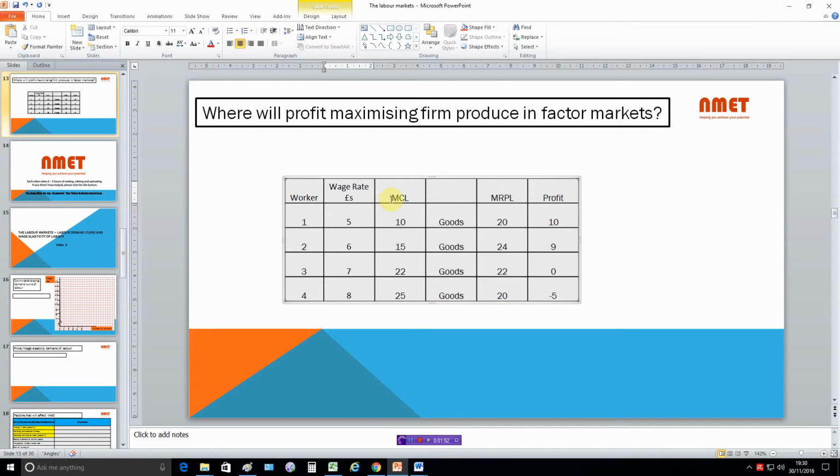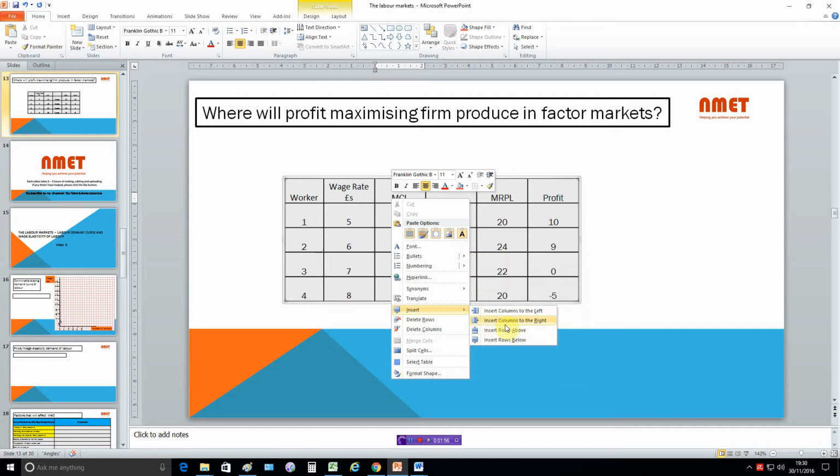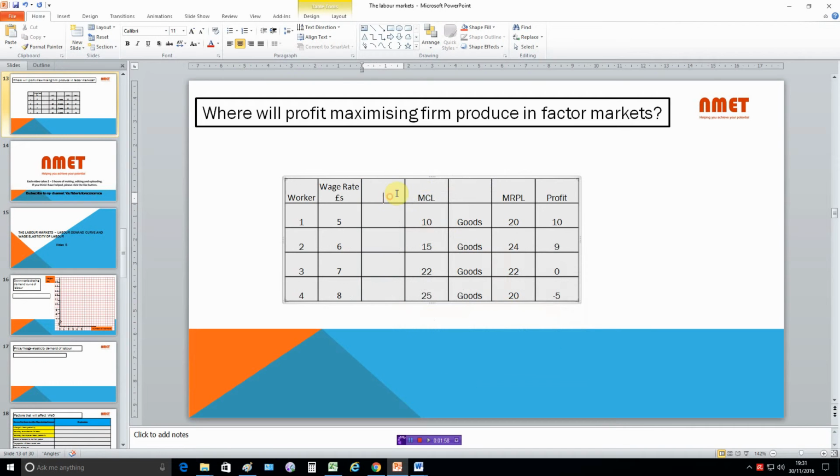The total wage bill, again in pounds, is £5, £12, £21, and £32. The marginal cost will be, so I'm making this example as we are learning this,